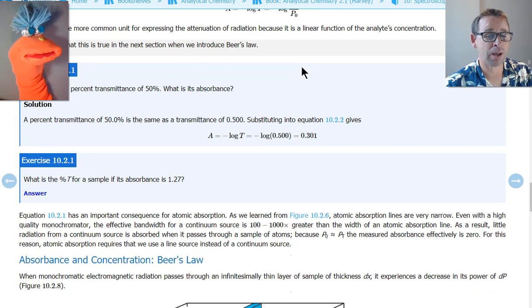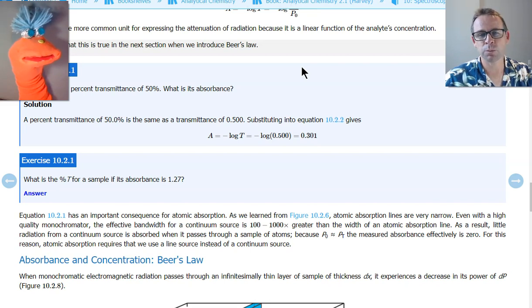All right, and that's why we want to keep that from getting too close to the 100% of light being absorbed, to be in more of the stronger signal region. We generally would like to avoid absorbance values higher than 1.